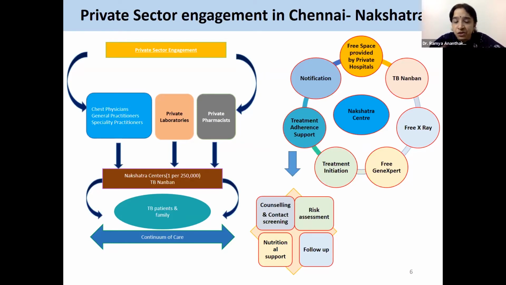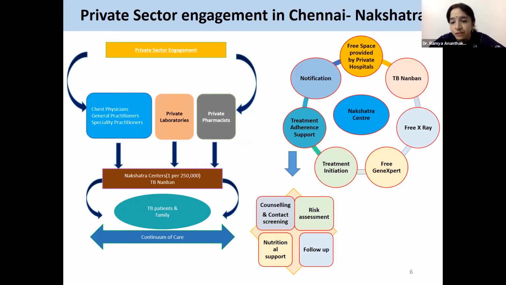And we pretty much use the same cascade and the same model for NCD care and support. A very brief snapshot about the Nakshatra centers. Nakshatra means star, and these are centers which are provided by the private hospitals. And there is a community health worker called Nanban, which means friend. In this Nakshatra center, there is access to free X-ray, free GeneXpert testing, and treatment initiation and treatment